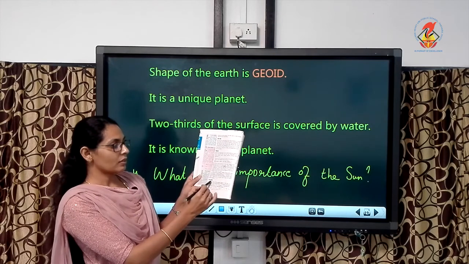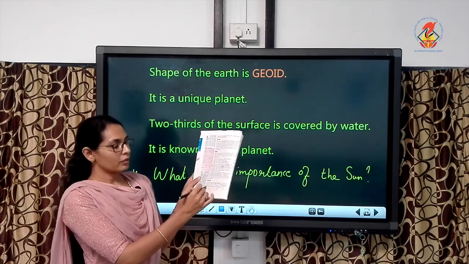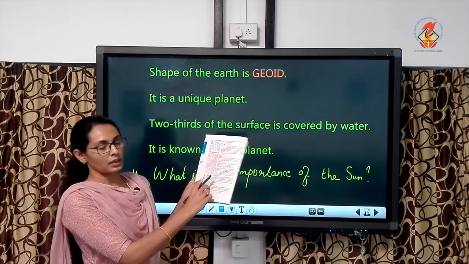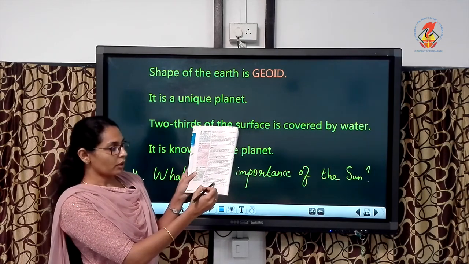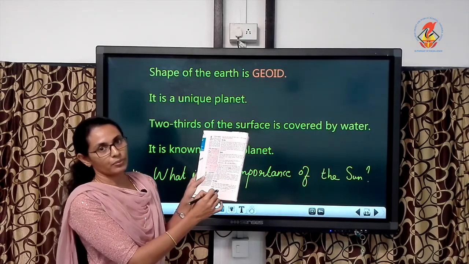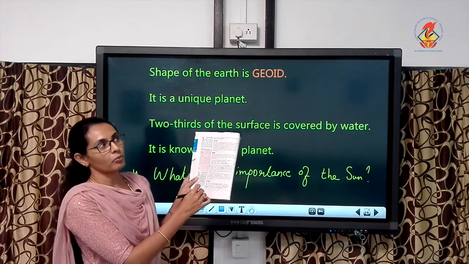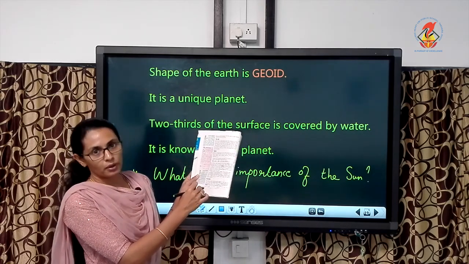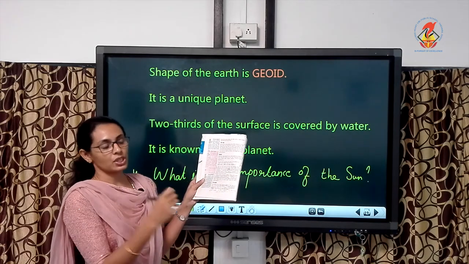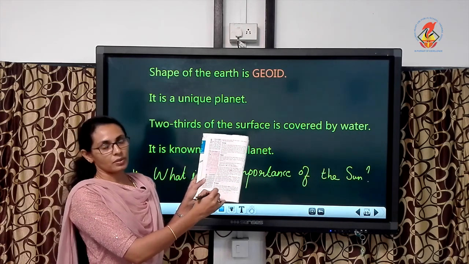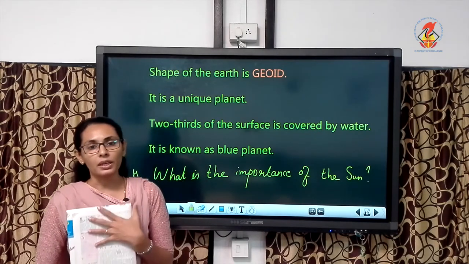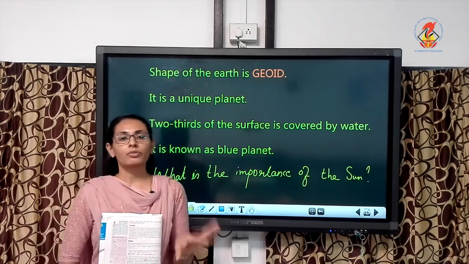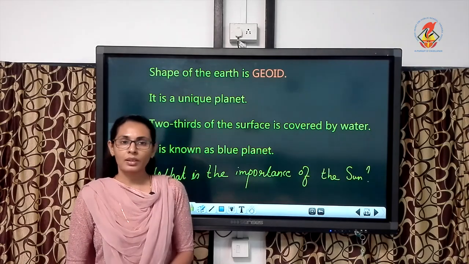Then next is the Earth. Mark the full small paragraph and underline geoid shape. Geoid means earth-like shape; underline that also. What is the meaning of geoid? Geoid means earth-like shape. So mark that. Clear? Children, read the chapter from the beginning, read the chapter 3 times. Okay children? Thank you.